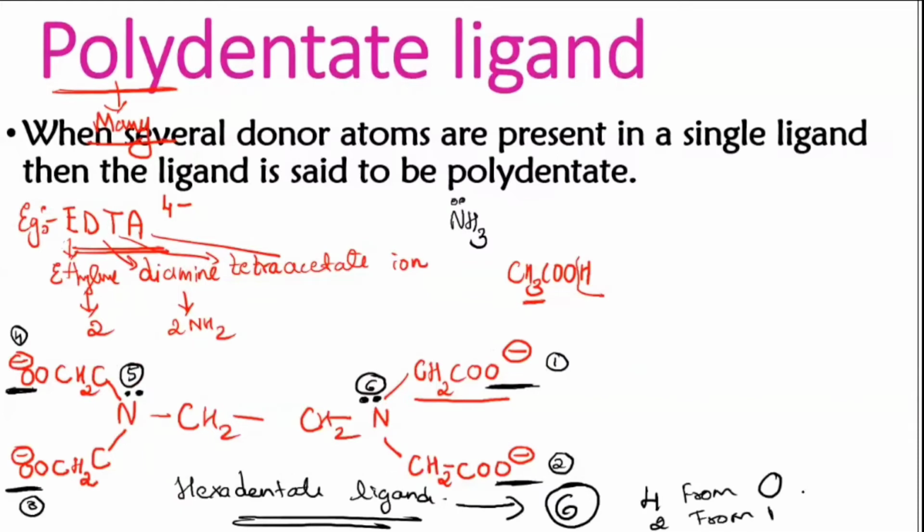So this structure you will have to remember. We don't have any other option. This is how the structure of the molecule is, and you can see the donation sites. I have put the numbers. Yes, students, now you can write down. I believe it is understood what is polydentate. Go with the name. Poly means many. So if they are having many donor atoms, then it will be called polydentate, and this is the structure of EDTA 4 minus ion. Copy it down.